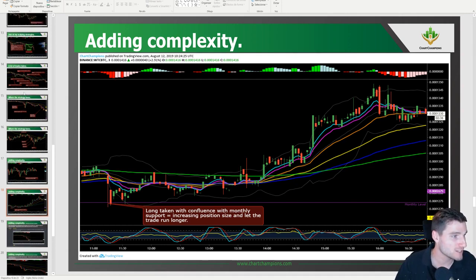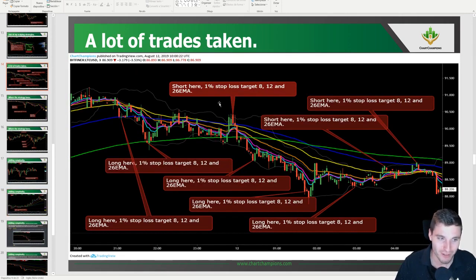So when we go back to this, this was obviously one that I did for an example. Every single time that it's closing outside here, would I be taking a long every single time? The answer is no. There is an element of discretion. And this really does come with time, actually using it, and getting a feel. It's really hard to describe, but this was just a pure example that I had